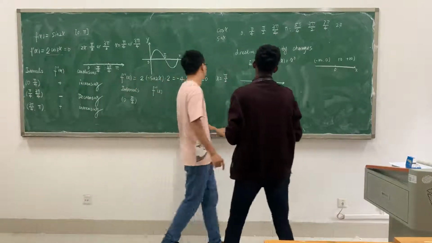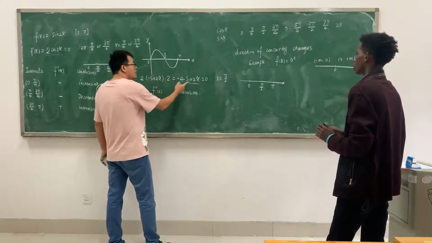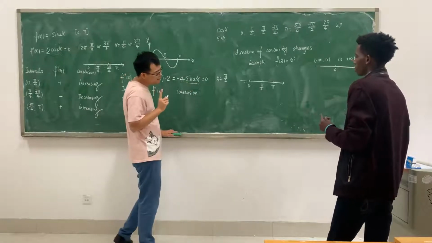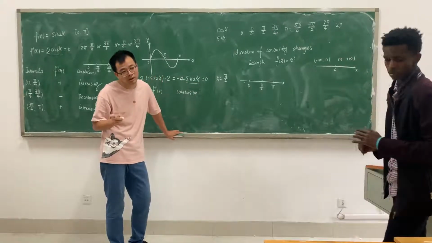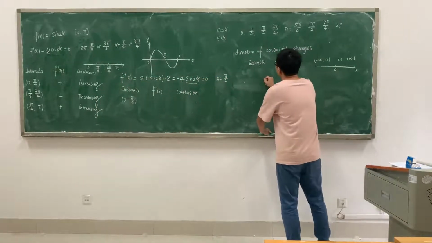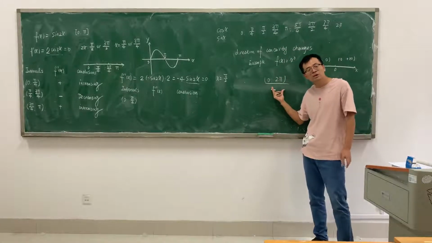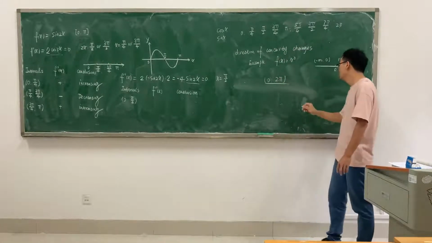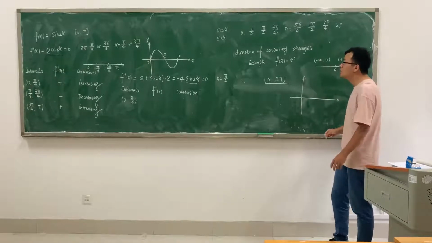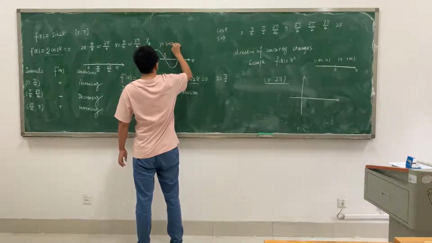Now because this graph is the graph of sine 2x, I think that you just need to remember sine of what equals 0 in this interval. The graph of this is y equals sine 2x,